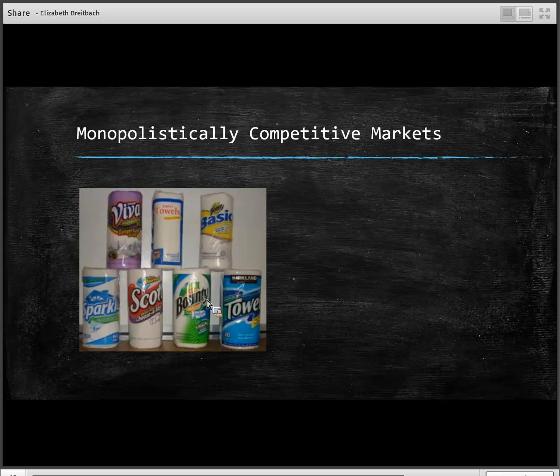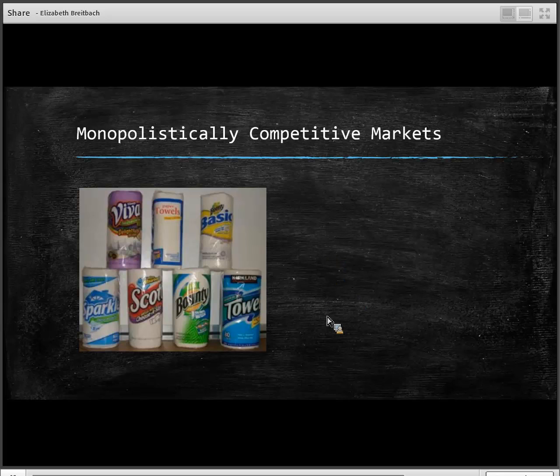Industry 2, the top 4 firms are producing 75 units, 75, 75, and 75 units. When we add those together, that's 300 units of the total 1,000 that are available in the market. And when we put it into percent form, we see that these top 4 firms are producing 30% of the market.